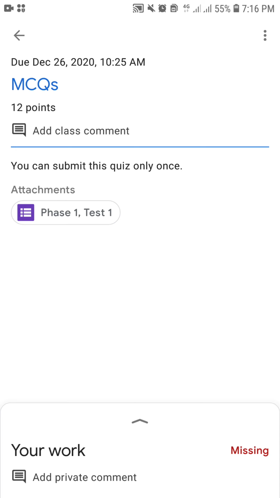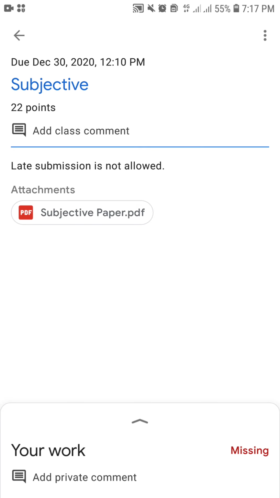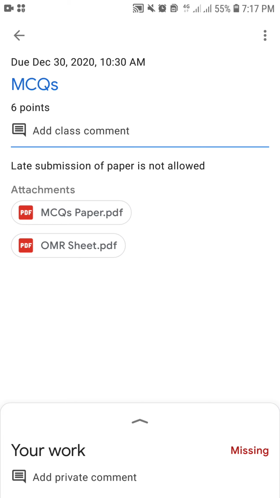Okay, phase 1 test 1 attachment, all assignments will have the subjective paper. This is a subjective paper. Okay, keep in mind that there is a time limit for the MCQs assignment and for the subjective paper. The time limit for MCQs for 9th and 10th will be from 10 to 10:30. After 10:30, you will not be able to upload the paper. Okay, so you will have to solve the MCQs till 10:20, and 10 minutes are given for uploading the paper